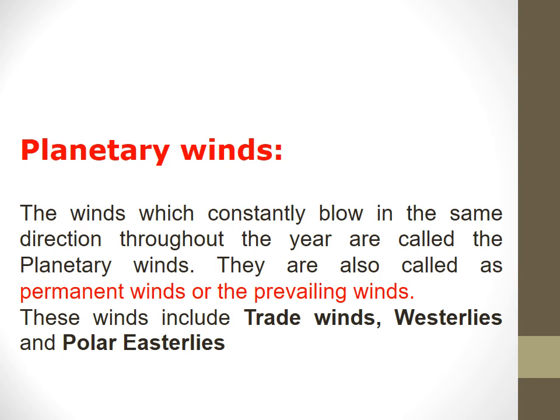The polar easterlies means துருவ கிழக்கு காற்று. The polar easterlies are cold and dry polar winds that blow from the polar high pressure belt to the subpolar low pressure belt. These types of winds are very weak, blowing from the northeast direction in the northern hemisphere and southeast direction in the southern hemisphere. Got it? So in planetary winds there are three types: trade winds, westerlies, and polar easterlies.